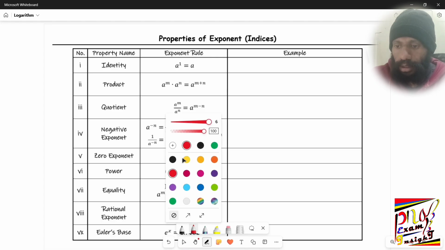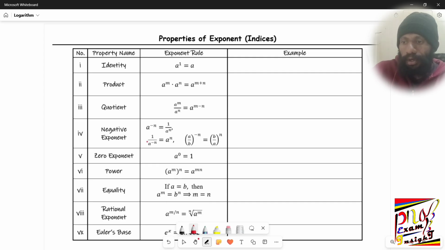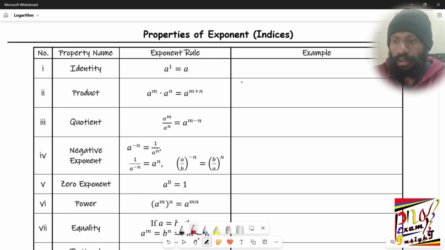Alright, let me just do these pencils. I think it's much better. Okay, first identity rule. Let me enlarge